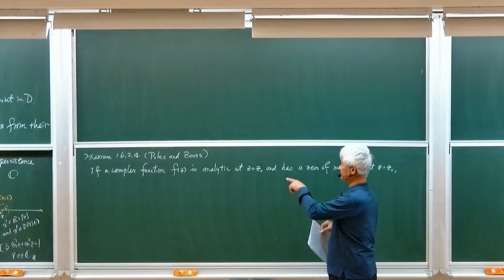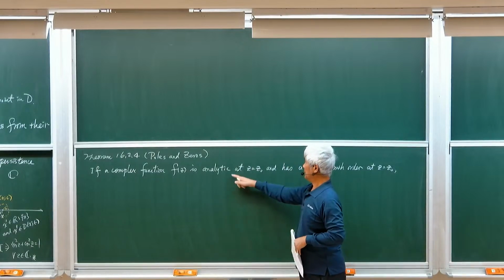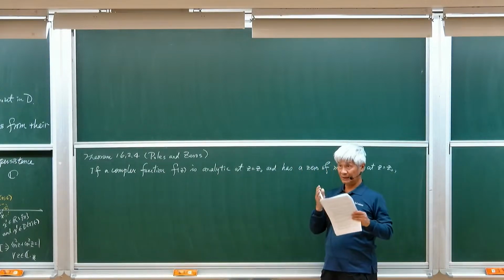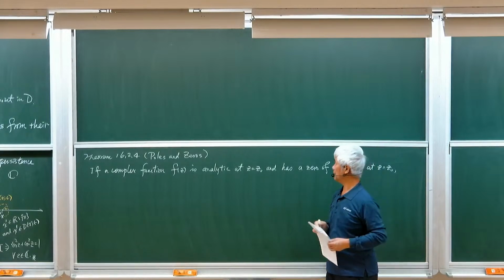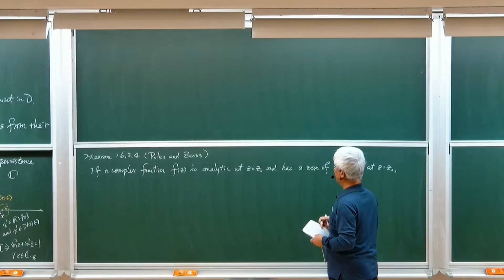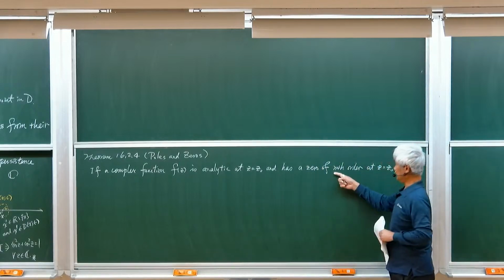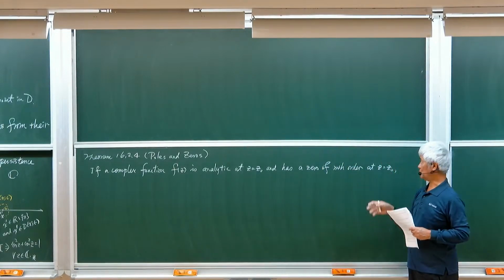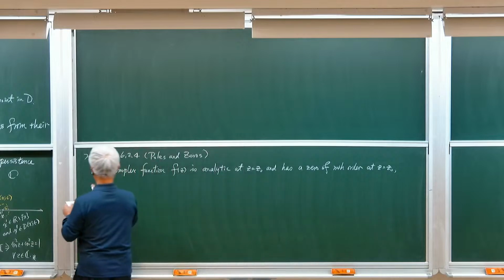Okay, so if f(z) is analytic at the point, which means that f(z) is analytic in the neighborhood of this point, right? By definition. And this function is an analytic function. f(z) has a zero of mth order at z equal to z0. Then